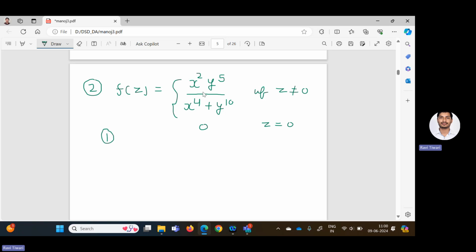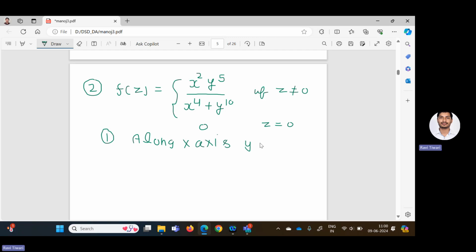Again, I can remind you what is power of numerator, 5 plus 2, 7, and what is power of denominator, 10. So numerator power is 7 and denominator power 10. So what path we can choose so that power of numerator and denominator can be made equal? I will give you one path, but first you choose along x-axis, along y-axis we can take. So if I will choose path along x-axis,